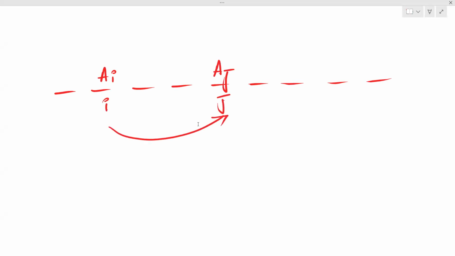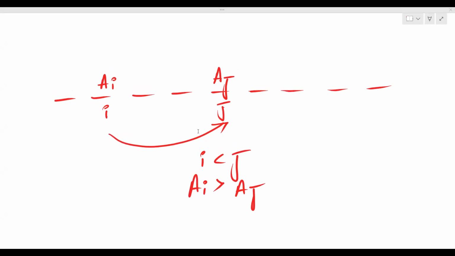So we are given that there are n friends sitting in some order and ai, let's say these are values at i and j. So i will give candy to the jth person if i is less than j and ai is more than aj, right? So what we can do in this,